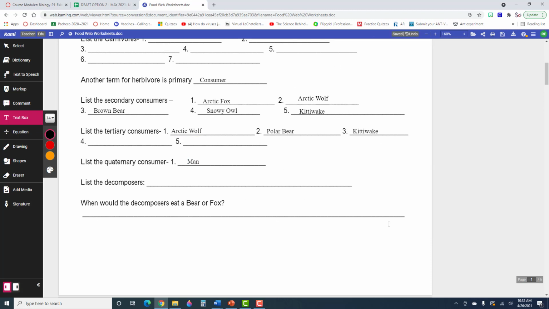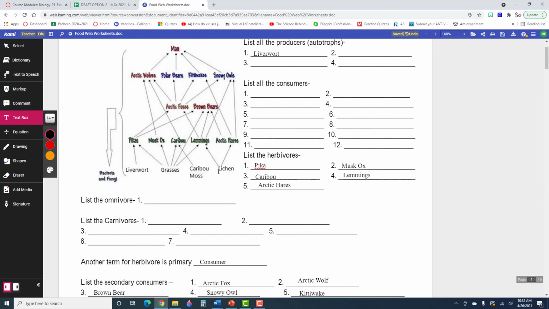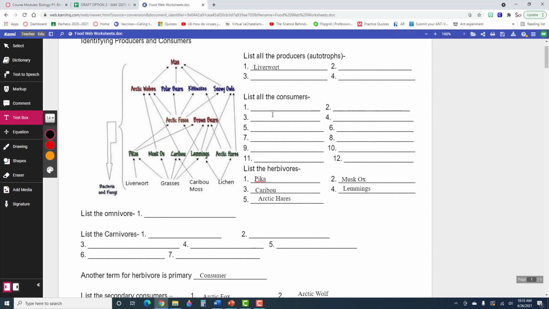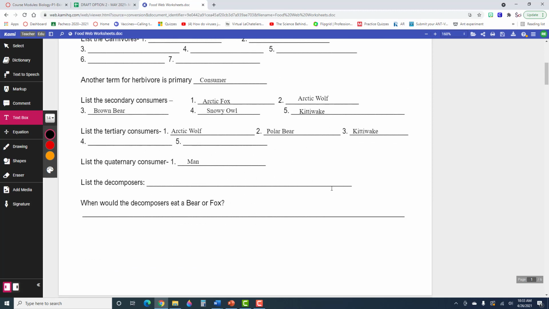Quaternary consumers tend to be fairly rare because, like you learned earlier, the higher you go up, the less energy there is available because a lot of it gets lost as heat. So there have to be a lot of these plants at the bottom in order to support those herbivores, and then in order to support carnivores, and then even higher carnivores. So getting to a tertiary level carnivore is pretty difficult to do because there's very little energy left. So it can't support a whole lot of men in the area because otherwise they would starve to death and